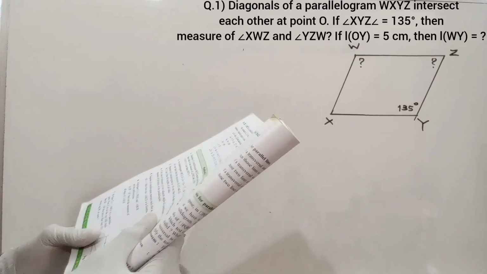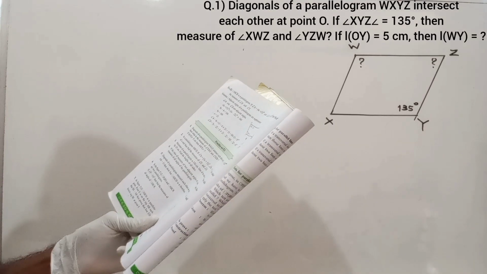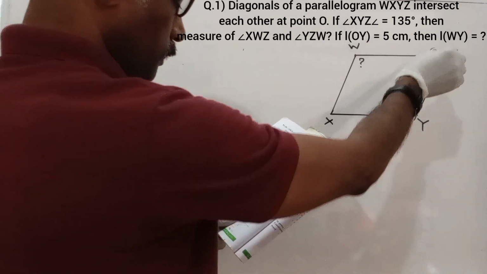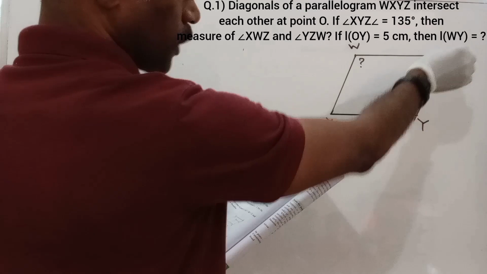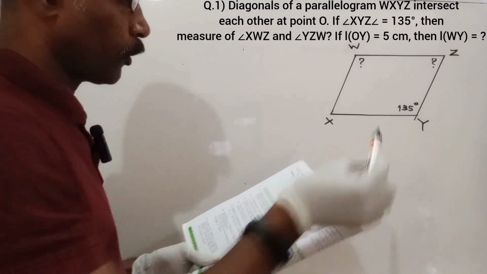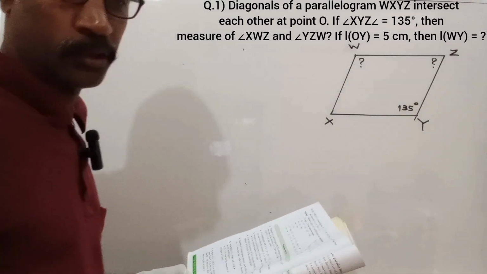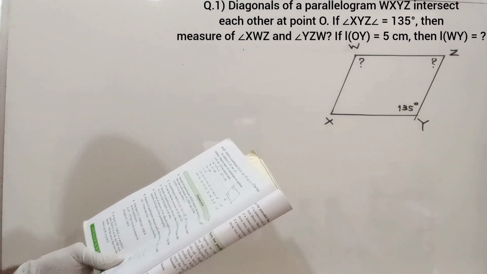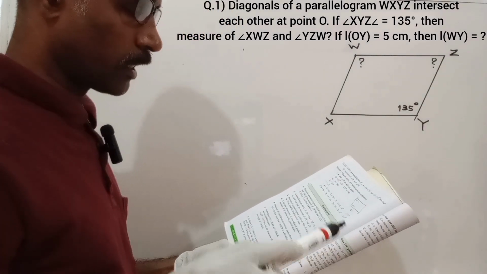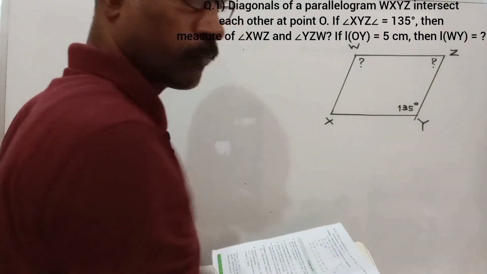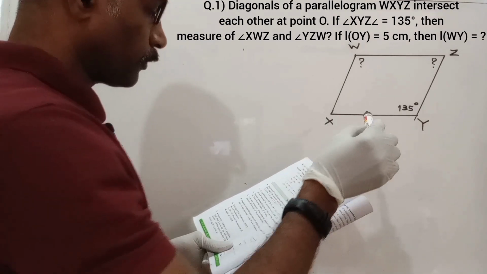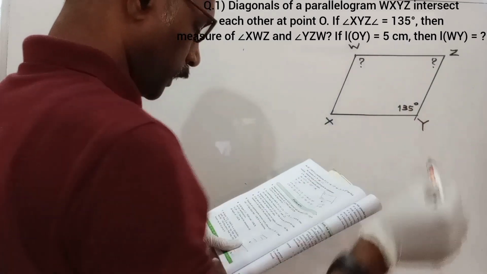Practice set 5.1, question number 1. Diagonals of a parallelogram WXYZ intersect each other at point O. I will show that afterwards. If the measure of angle XYZ is 135 degrees, then what is the measure of angle XWZ